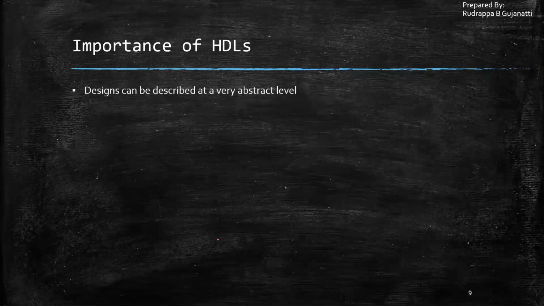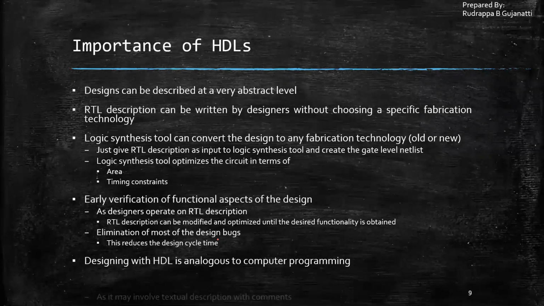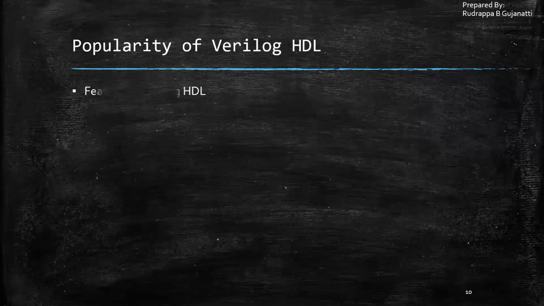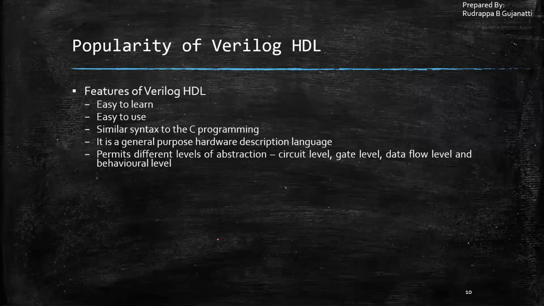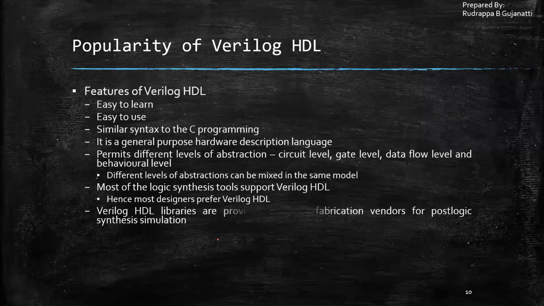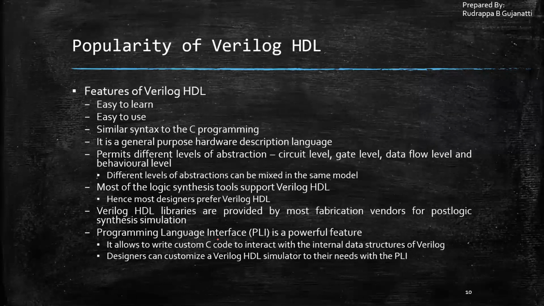Then we discussed the importance of HDL. We discussed the parameters for HDL in general in the previous sessions, wherein we were going over the overview of HDL. Those all become critical when we are considering HDL, and they give importance to HDL. Those are the things which made HDL popular, and under that Verilog also became popular. We had discussed ease of use, ease of learning, syntax similar to C programming, and different levels of abstraction representations. These were just a few things to mention.